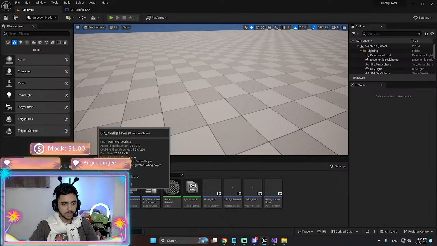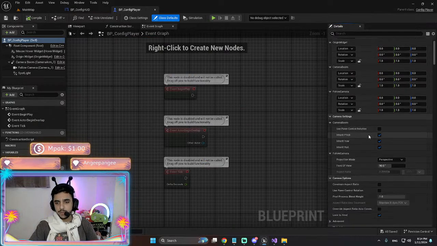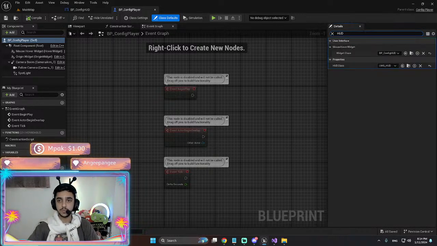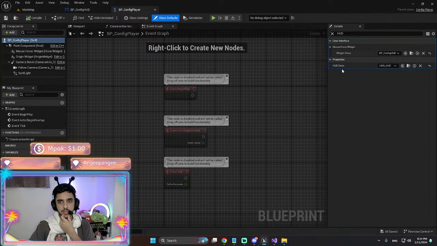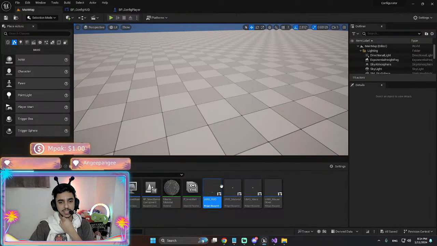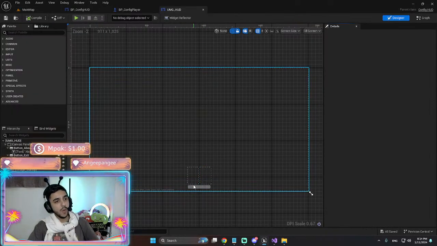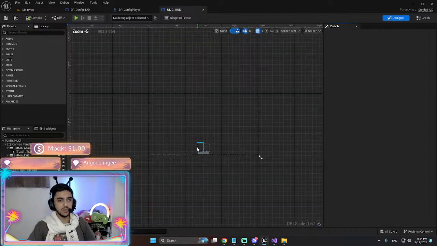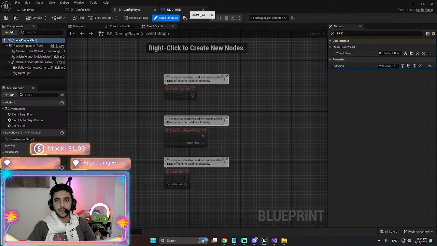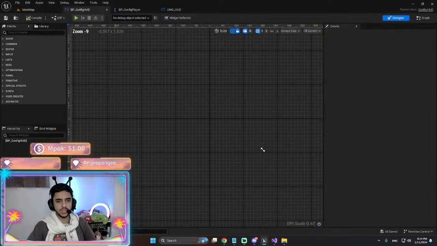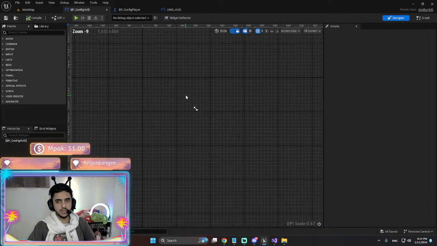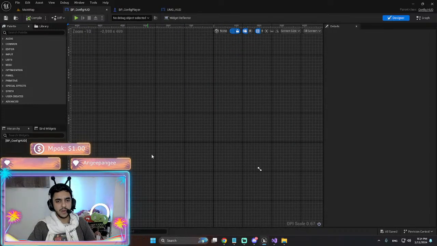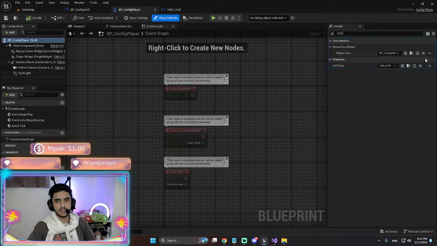I'm gonna go to config player, find the... Actually, I was in the right spot. There's another one, HUD class. Oh, we're gonna get rid of this, right? We no longer need that one. And then what does the widget class config HUD do? I don't quite get it. Is it the dot thingy? What if I don't set it? What would happen?